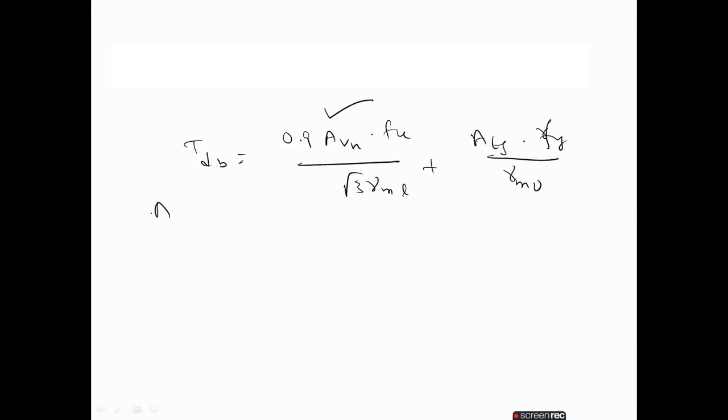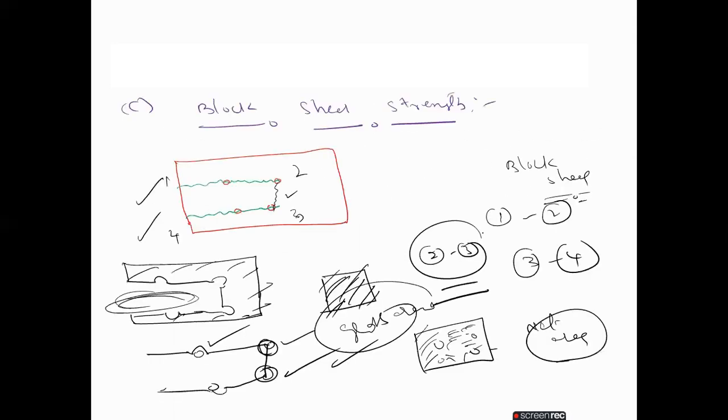So here also AVN and ATG. Okay, so we have to calculate the area, gross area, and also net area, especially in the shear and also tension. Okay, so my dear students, if you observe here, again I will tell you the concept. The shear failure, here you see, the shear failure will happen in the sections 1 2 as well as 3 4. Okay, the tension failure will happen only in the 2 and 3. It will happen only 2 and 3 along this direction.